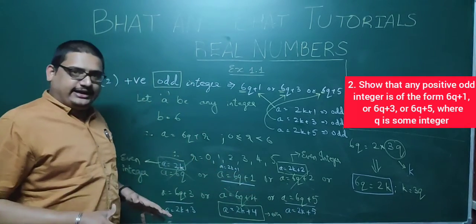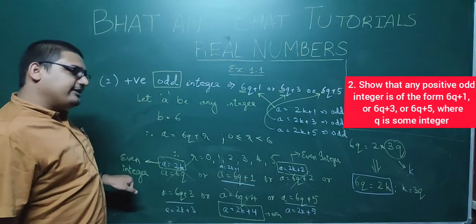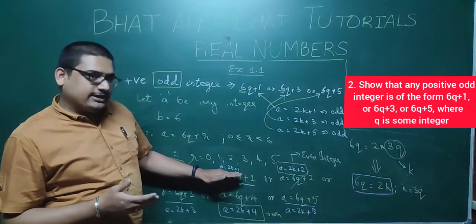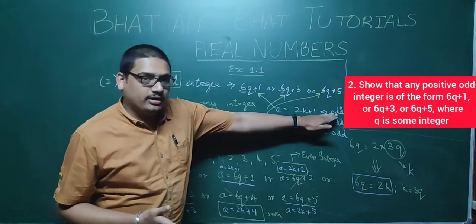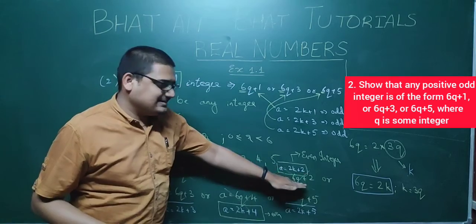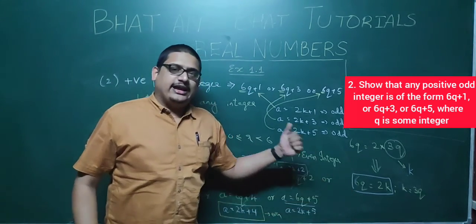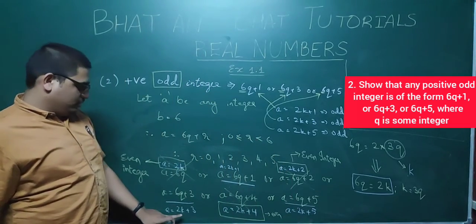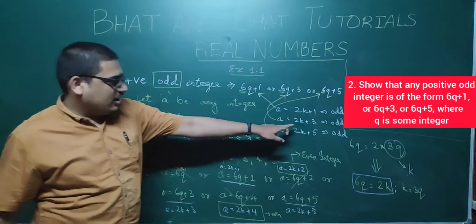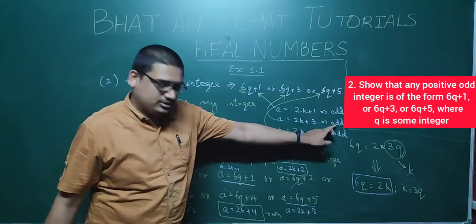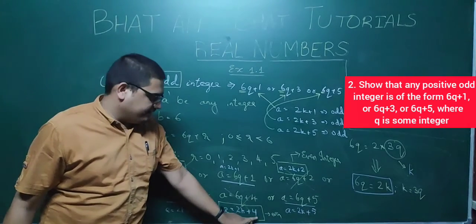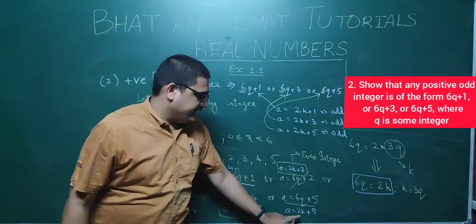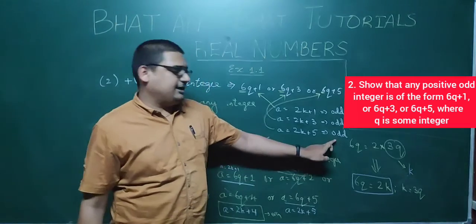Now in this I started eliminating. How did I eliminate? I said a is equal to 2k is an even integer based on our previous conclusions. Then if to 2k I add 1, it becomes an odd integer. So 2k plus 1 is odd. To 2k if I add 2, it is even. So I am eliminating, because to any even integer if I add another even integer, it is an even integer. Next, 2k plus 3. To an even integer, if I add an odd number, it becomes odd. So I have taken it out. Next, 2k plus 4. To an even integer, if I add an even integer, it results in an even integer. So again, I am eliminating. 2k plus 5. To an even integer, if I add an odd integer, it becomes odd.